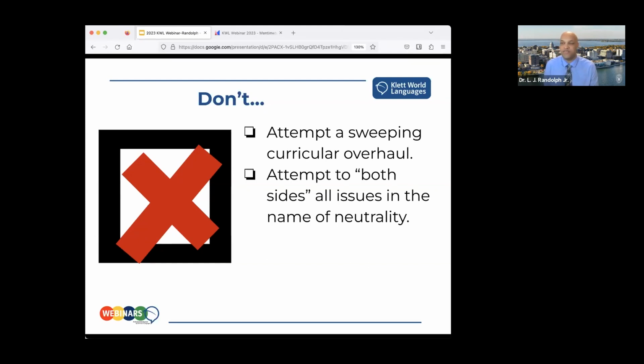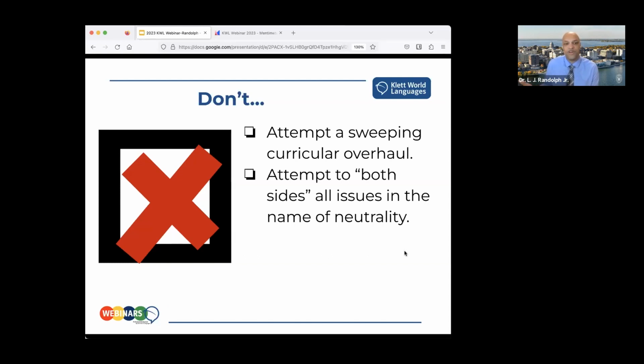An example of that, off the top of my head, I wouldn't say, I don't know, does this population deserve rights? Should immigrants be allowed to work in the United States or something like that? Should immigrants be allowed to have their basic needs met is essentially what you're asking. And when you put that up for debate, it opens up the door for discriminatory discussions to happen in class. And that's just one example of that. I know that we all want to try to be neutral, but there are some things where there just is no neutral position.